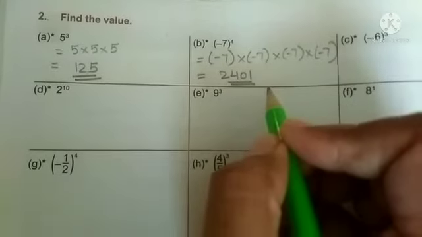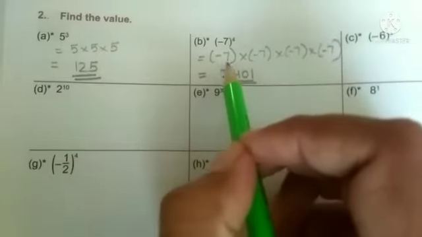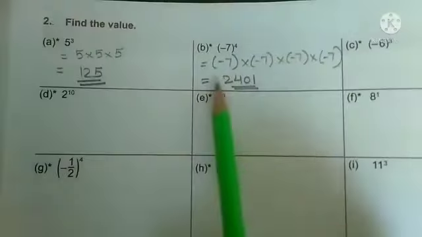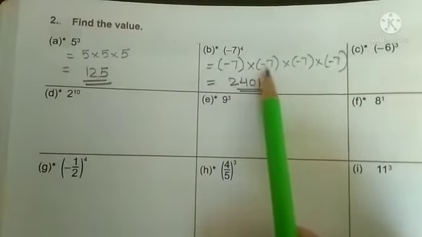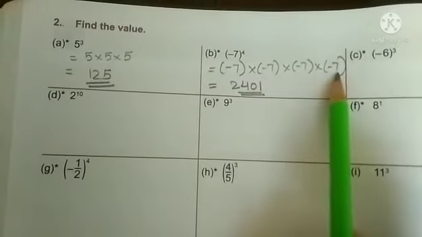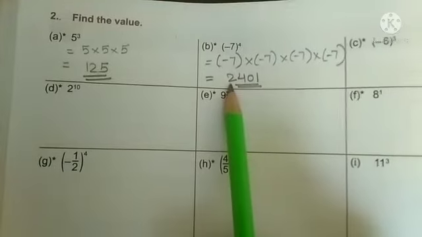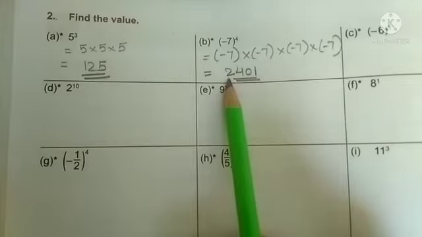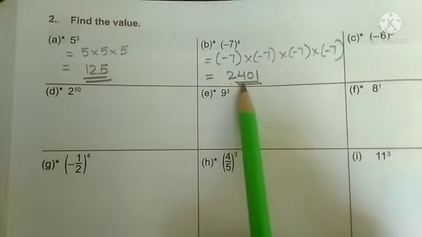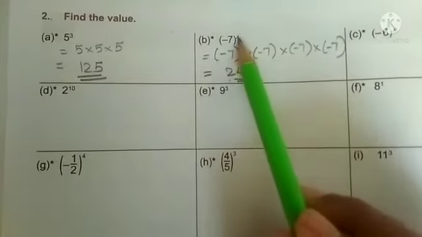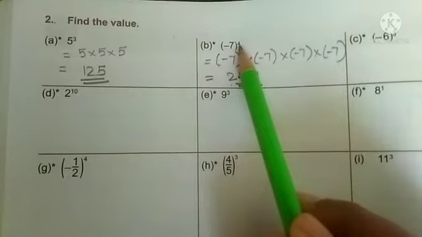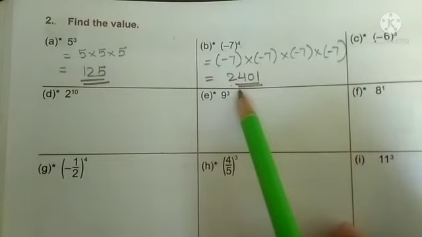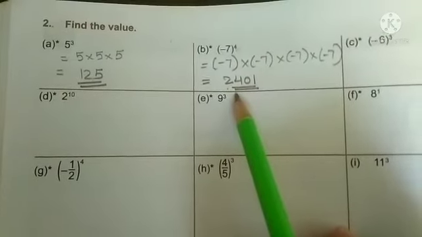Clear everyone? Now minus is given, so we have to give the sign. So minus minus plus, plus minus minus, minus minus plus. So here your answer will be positive. Clear? Your answer will be positive. See, whenever your index is an even number, the answer you will get is positive, and whenever your index is